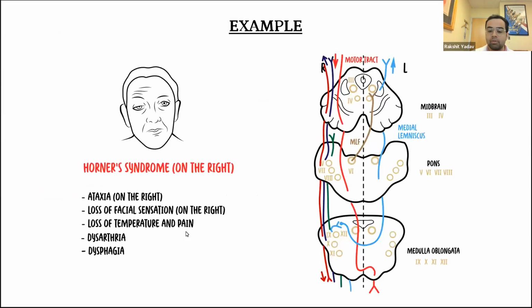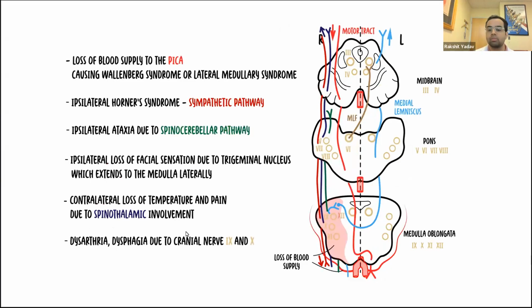So I have an example for you. This is a patient that comes in with Horner syndrome on the right side of his face. There is ataxia on the right side of his body. There is loss of facial sensation also on the right side. There is loss of pain and temperature on the contralateral side, and then there is dysarthria and dysphagia on the ipsilateral side again. So by using the rule of 4 that we just studied,